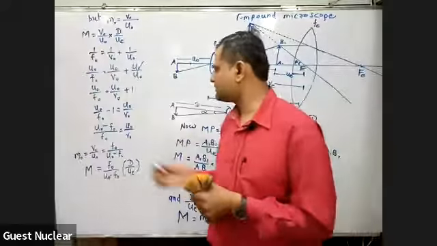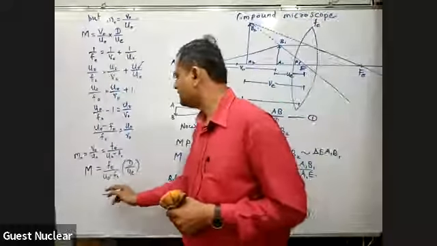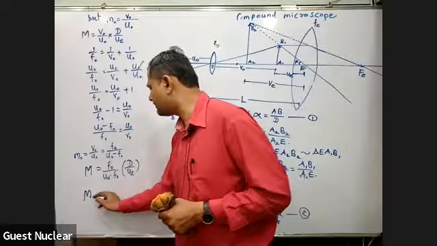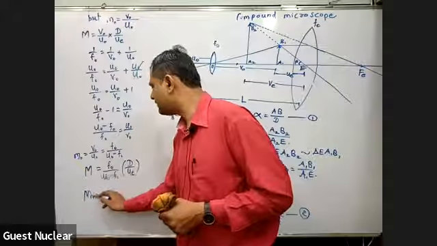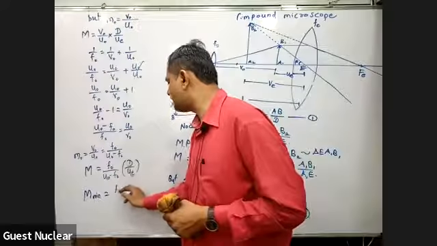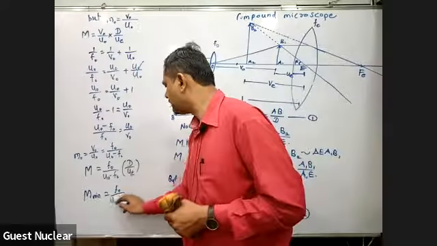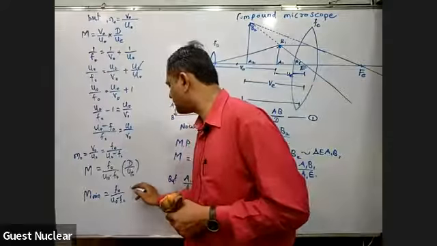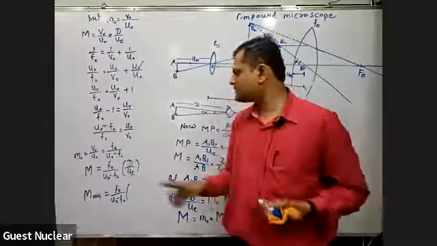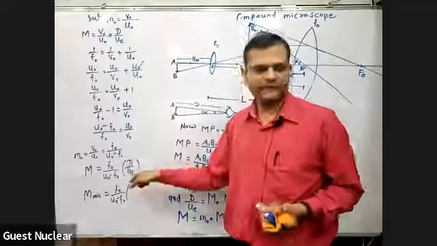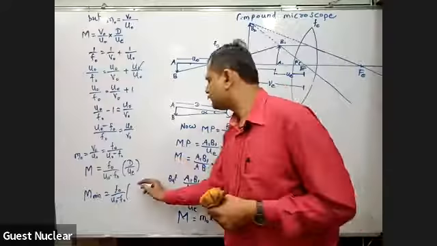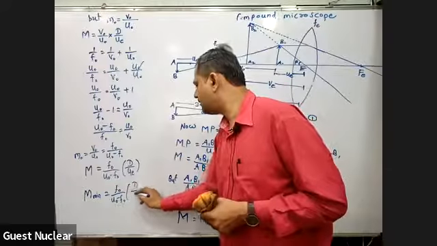So if suppose this final image is formed at infinity, then we can get the minimum value of magnifying power of compound microscope, which will be actually fo upon uo minus fo into ब्रैकेट में क्या आएगा यहाँ पे, देखो मिनिमम वैल्यू जो है वो इट कैन बी ऑब्टेन जस्ट बाय रिप्लेसिंग दिस ue बाय fe, करेक्ट है? जैसा हमने अभी लास्ट डेरिवेशन के अंदर भी देखा था, तो वहां पे आ जाएगा D upon fe.